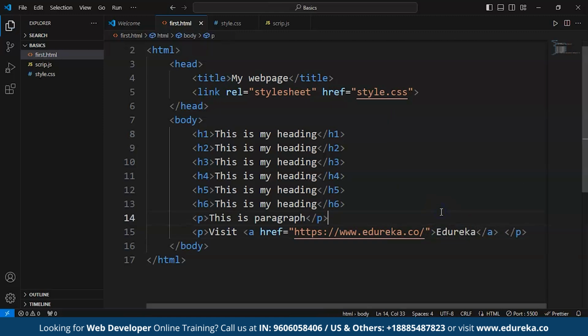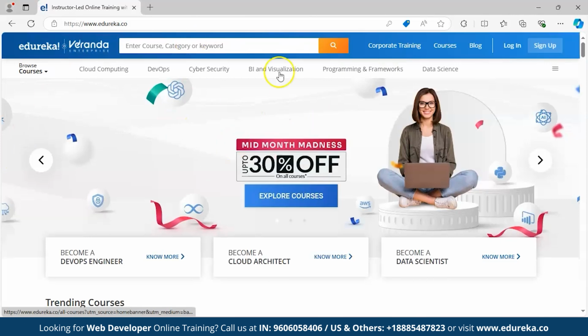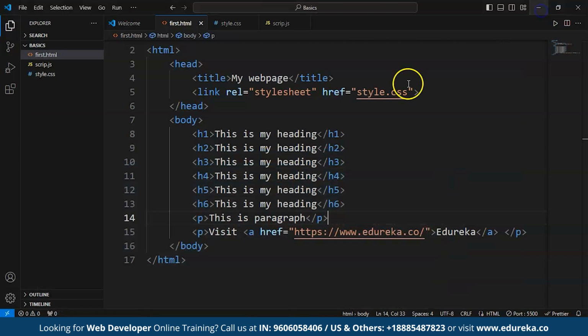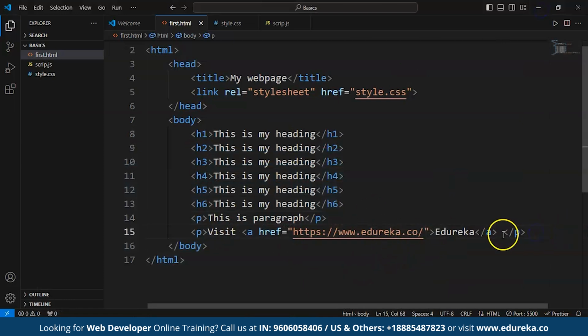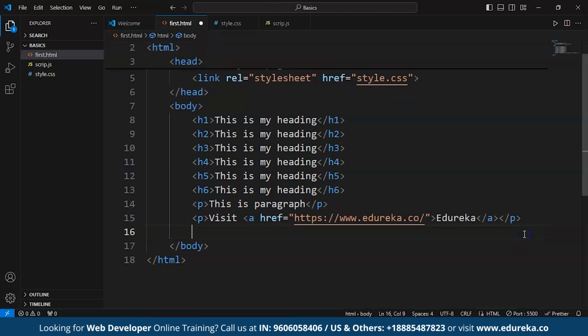That's it, Ctrl+S, and here it is. So the link has been created. I am clicking on the link and I have been redirected to Edureka's website. So that's it. This is how you use the anchor tag in HTML. After learning the anchor tag in HTML, we are going to learn how to add an image. So here I am going to give a heading,